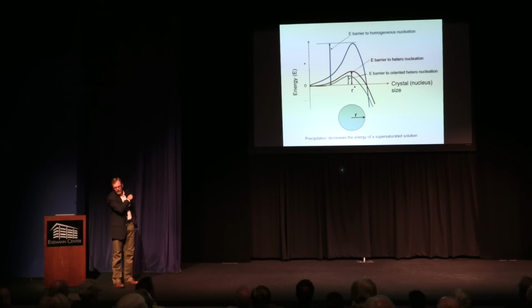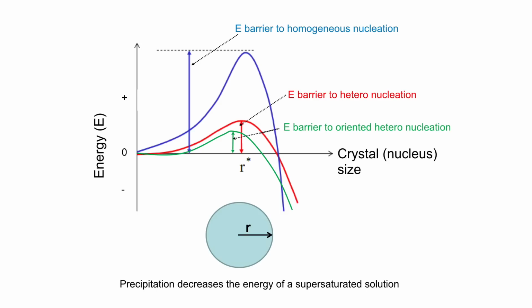It's fairly high. However, if that nucleus forms on a pre-existing substrate, the goethite forming on a quartz crystal, the energy barrier is much lower. It's favored, and that's why most of our crystals are forming on matrices. An interesting phenomenon is if the crystal that's growing on a substrate, if the goethite growing on quartz, has a similar atomic arrangement or the spacing between atoms is similar, instead of just getting heterogeneous nucleation, we get oriented heterogeneous nucleation, meaning the crystal that's growing specifically orients itself relative to the structure of the mineral that it's growing on